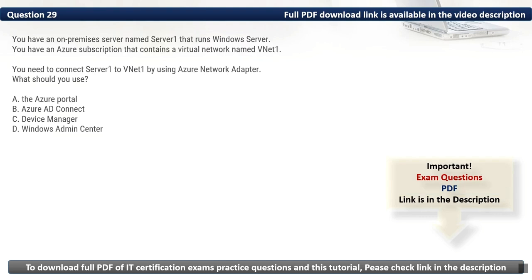Question 29. You have an on-premises server named Server 1 that runs Windows Server. You have an Azure subscription that contains a virtual network named VNet 1. You need to connect Server 1 to VNet 1 by using Azure Network Adapter. What should you use? Firstly, let's eliminate the incorrect options. We have A, the Azure portal. It is used for managing Azure resources, but not for configuring Azure Network